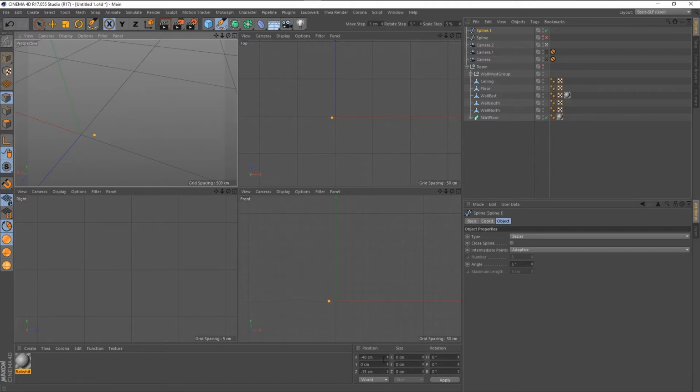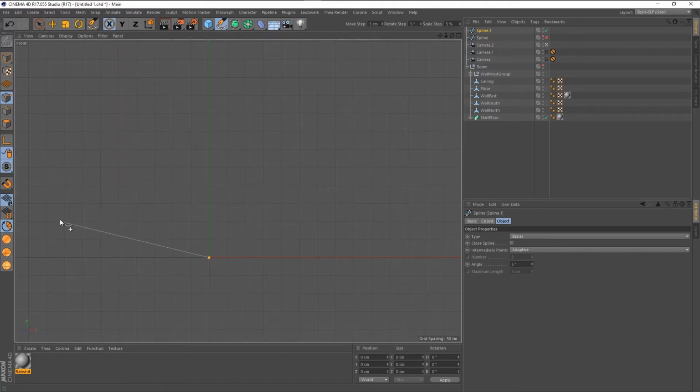And now what you can do is tell that point to go to 0 and hit enter, and it'll jump to the 0 point. And now I can come into my front view, which is where I want it to be. Quantizing is on, so at least it'll snap to up and down or left and right, and I can draw my profile, whatever I desire here. I'm going to change my steps to 1. There we go,